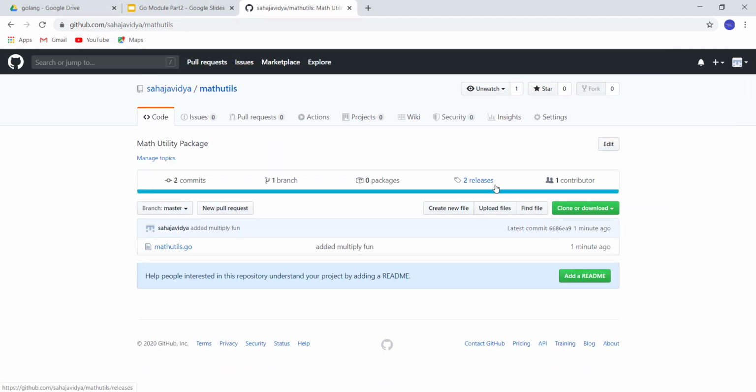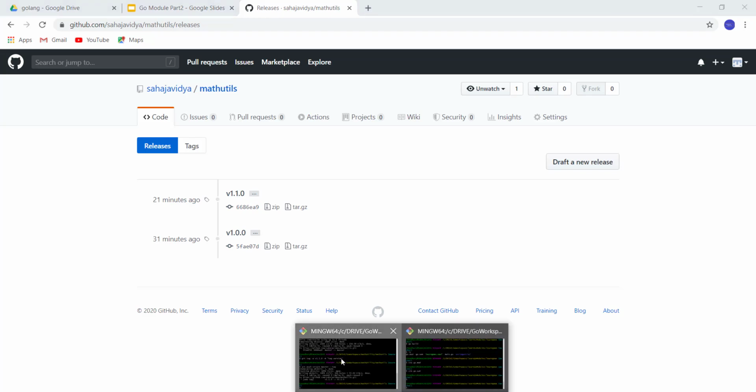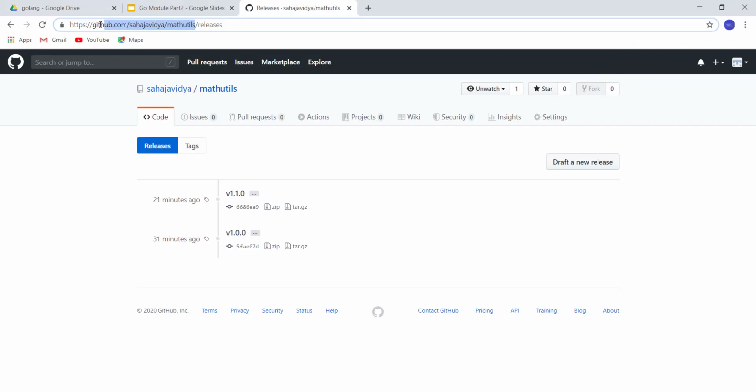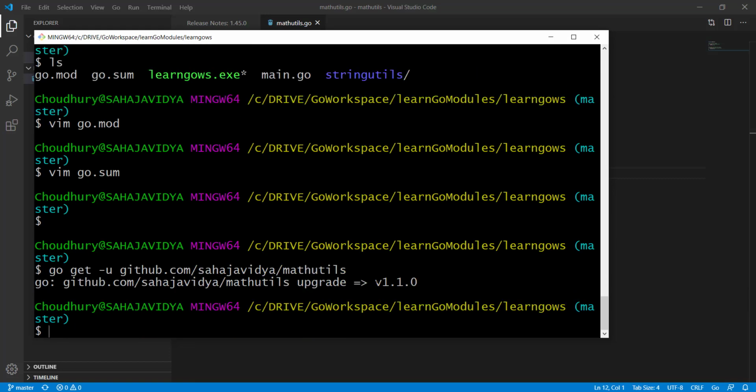If I go to the repository, now you can see we have two versions and the latest is 1.1.0. Let's go to Git Bash. We'll do the same go get -u, import path of math-utils. So now it is updated to version 1.1.0.